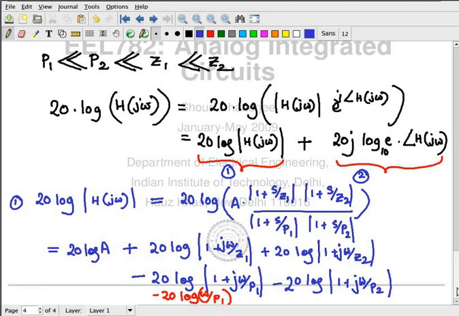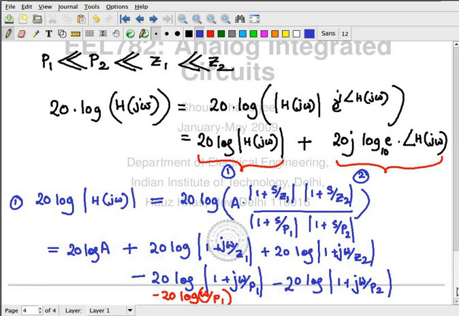Because now we have got the conclusion from all 4 of these terms. The zeros are rising at 20 dB per decade, the poles are dropping at 20 dB per decade, so the net contribution is 0 dB per decade. Okay, so this is the way we draw the magnitude plot. The way we draw the phase plot,